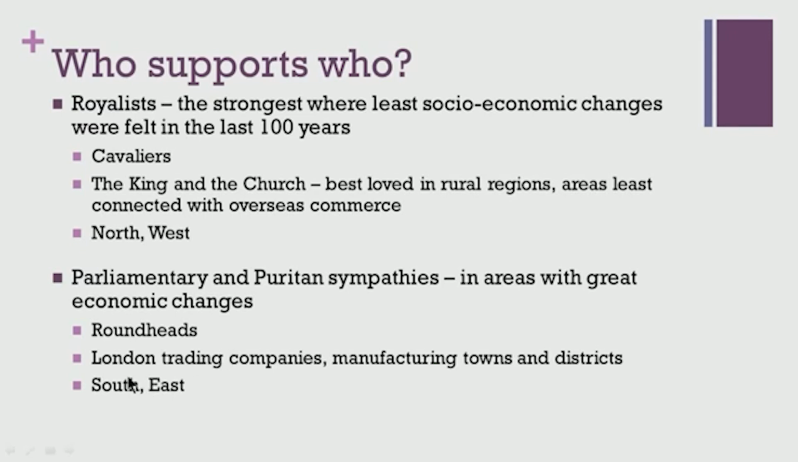These were the people who also enlisted the support of the London trading companies, the manufacturing towns and districts, and they also dominated in the richer areas of England, mostly in the southern and the eastern part. So, though the royalists were considered more powerful in terms of their nobility and the kind of powers they enjoyed, because the church and the royalists were together,